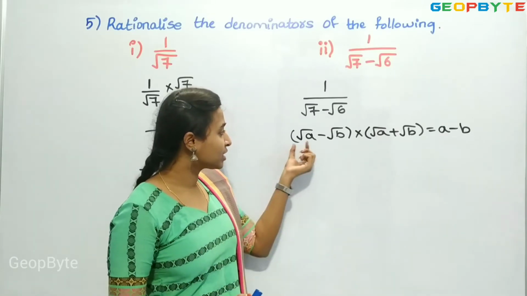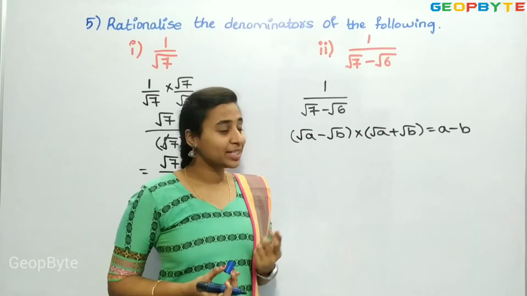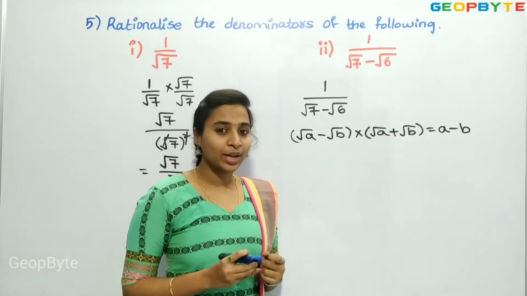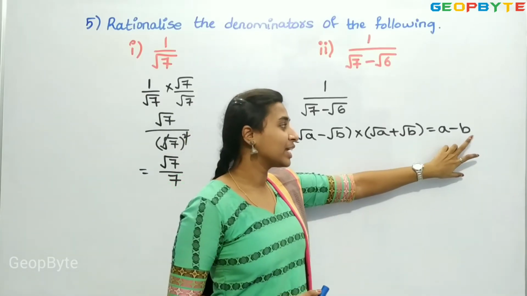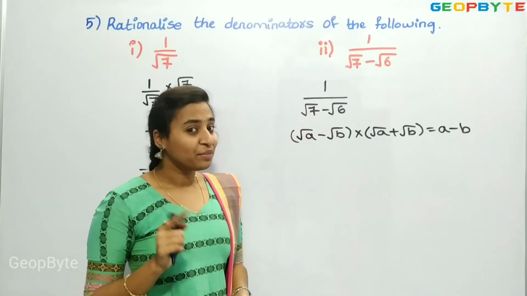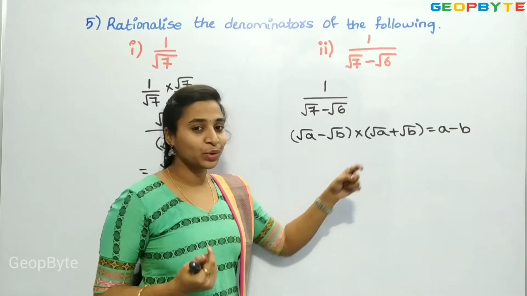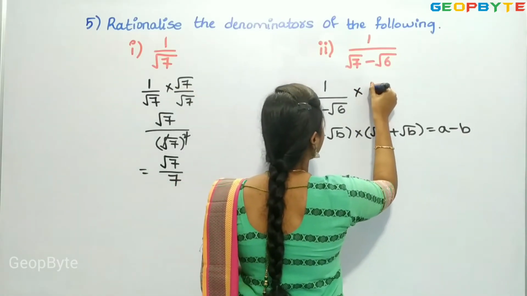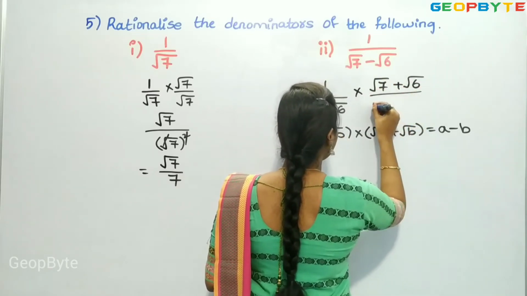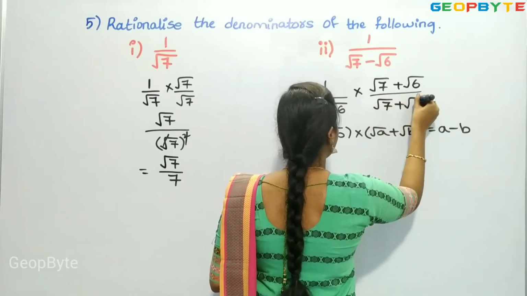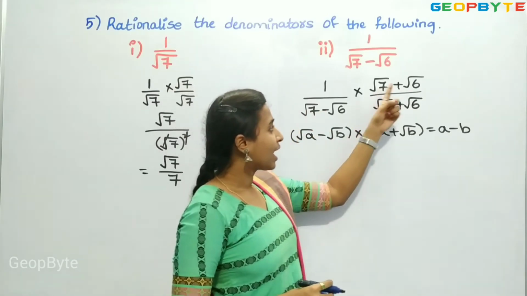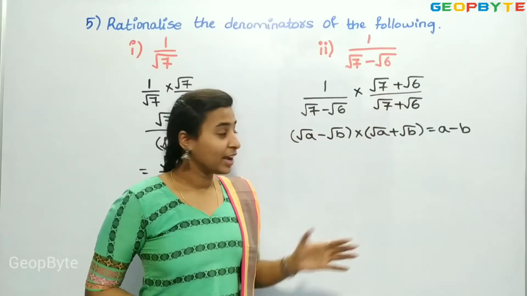As it is in the form of A plus B into A minus B, A square minus B square. Here A square means root A whole square. Square and root get cancelled, we get A, and B square means under root B whole square. Square and root get cancelled, we get B. So, now we have under root A minus under root B. We need to get under root A plus under root B. So, we need to multiply and divide with under root 7 plus under root 6 by under root 7 plus under root 6. As I have minus sign here, I have put plus sign here